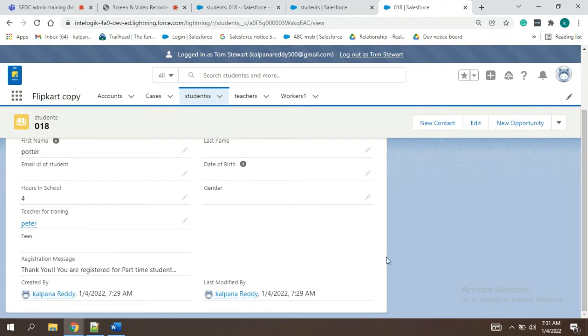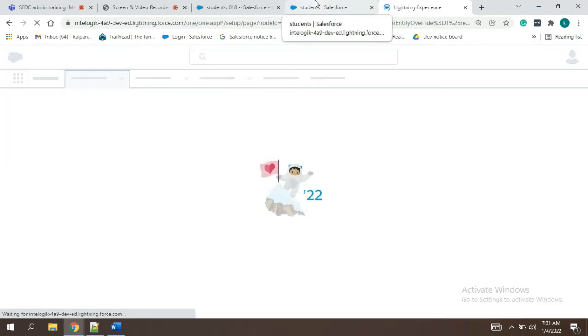Yes, Kalpana. Okay, then we'll log out as Tom. So we'll just have a look where there are other actions also which can be performed.